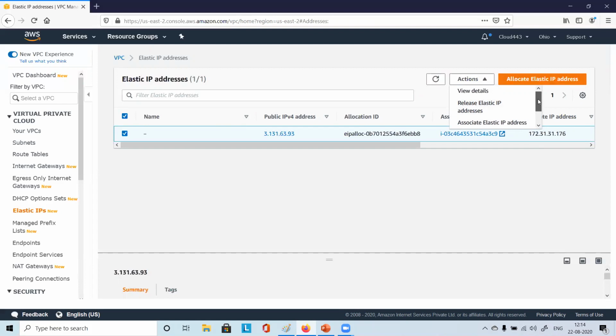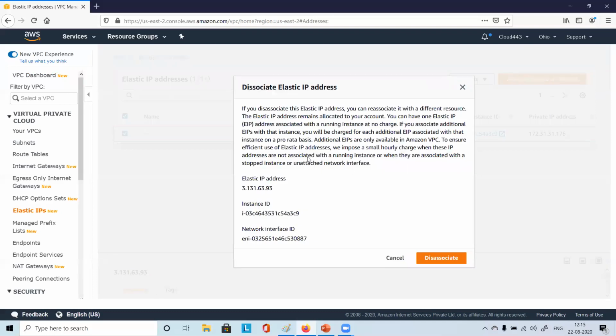But what usually happens is you may disassociate if you want to associate it with something else, then this can be useful. If you disassociate the Elastic IP address, you can associate it with another resource. The Elastic IP address remains allocated to your account.